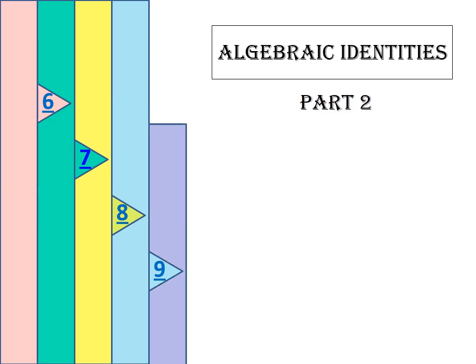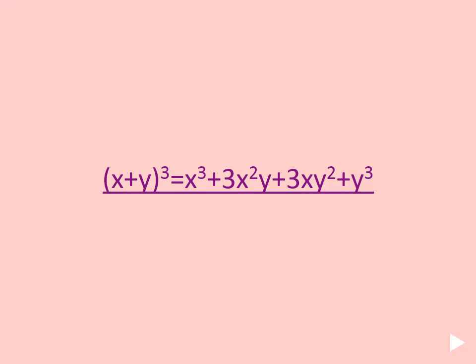Today also we are going to learn about algebraic identities only. We have already explained 5 algebraic identities. Next 5 we are going to explain in today's class, that is 6th, 7th, 8th, 9th, and 10th, 5 more identities we have to see. Let us see the first identity, that is today's first identity.